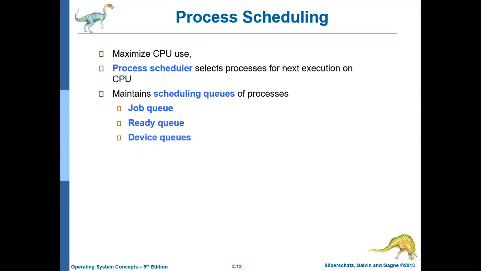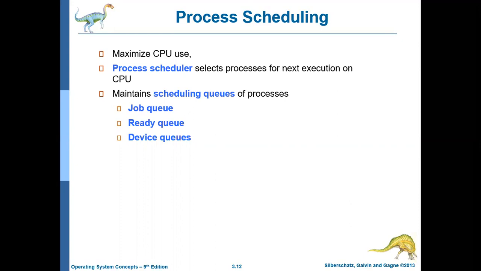If any process is waiting for any IO device like a hard disk or printer, then these processes will be in the device queues. Say, for example, there is a process P1 and this process wants to access the IO device hard disk, but the hard disk is already being accessed by some other process P2. Then until P2 finishes accessing, P1 should wait. For that, there is a queue, and that queue is called the device queue.